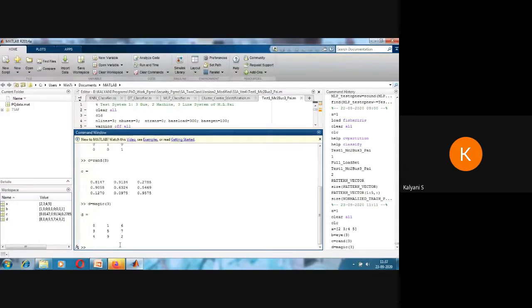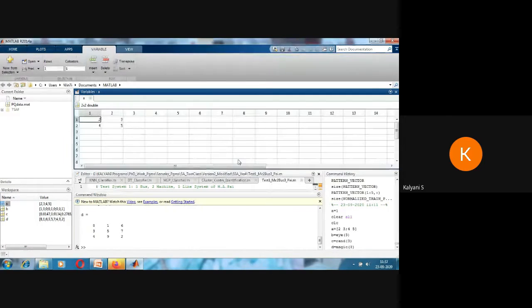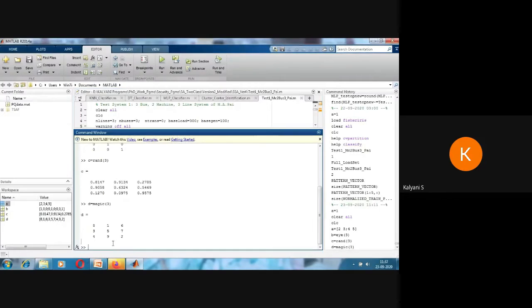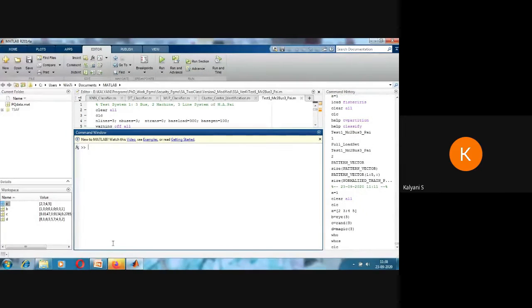From Excel also you can import data in MATLAB, because all the data stored in MATLAB, if you click this variable, you will get the variable window, which is basically an Excel sheet. So Excel and MATLAB are highly interfaced. Whatever data you have in Excel, you can very well bring it into MATLAB. So these are the basic things you have to know in MATLAB. Another command is the who command. If you give the who command, it lists what variables are available in the workspace. If you give the whos command, it will list the name of the variable, size, bytes, and the data type of the variables. With these few basic concepts of MATLAB, let me go into the applications.